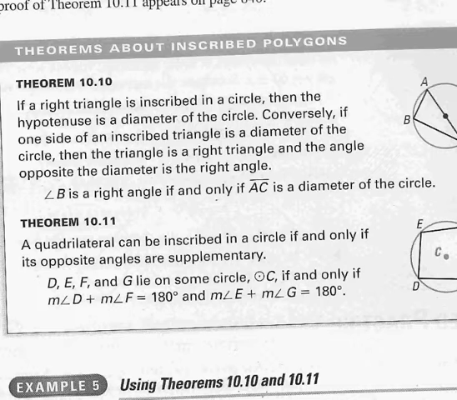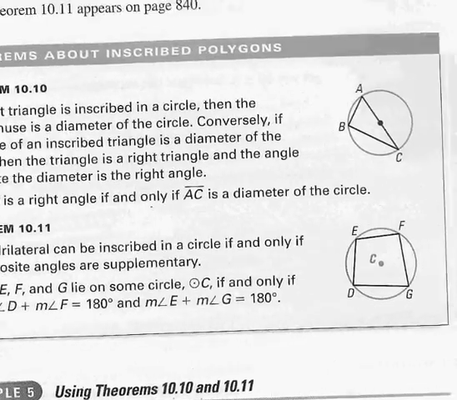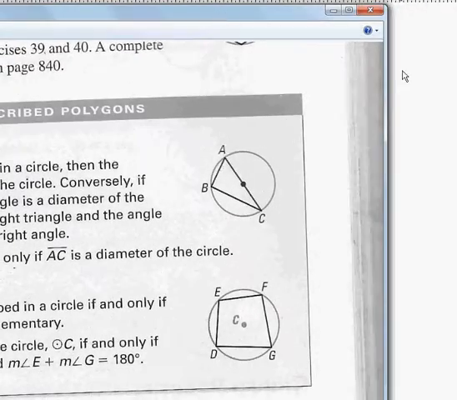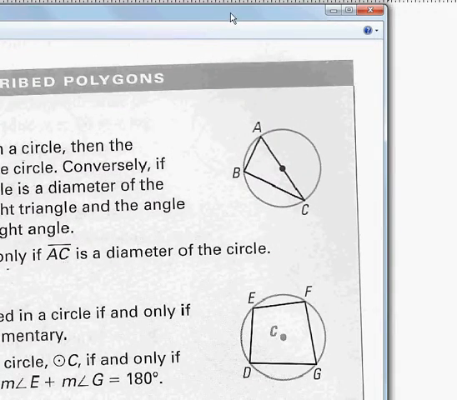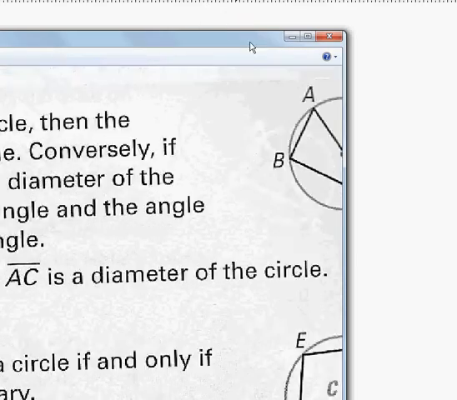In other words, if one looks at this diagram to the right of a circle, which you will see in a few seconds, angle B is a right angle if and only if line segment AC is a diameter of the circle. So let's take a closer look at what this theorem is saying and why this is true. So let's enlarge this picture a little bit so we can see